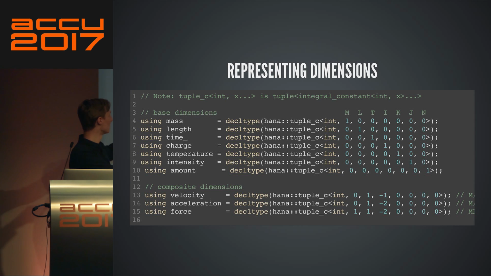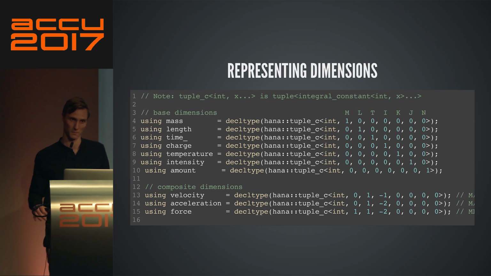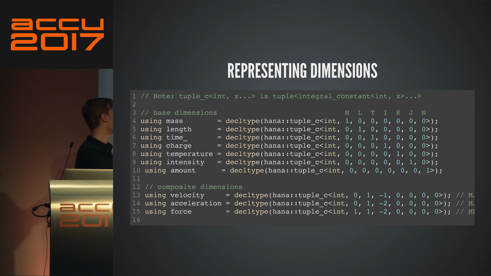Okay? And tuple C here is just a tuple of integral constants. So what I end up with here is that mass is just a tuple of these compile time integers. So you can imagine that as being just a compile time vector of ints.